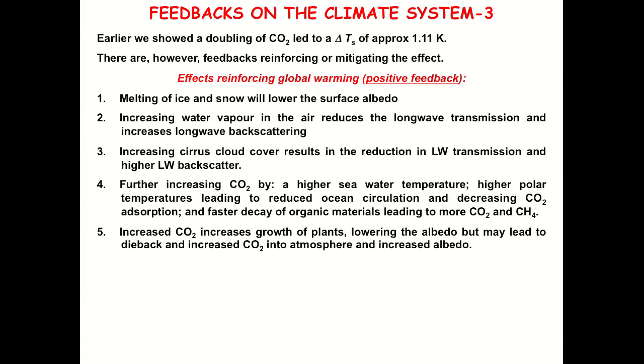Now, plants, of course, do thrive in higher CO2 environments, so if we increase CO2, that's going to increase the growth of plants. Increase the growth of plants, more forests, etc. That's going to effectively reduce the albedo, assuming we don't chop them down. But of course, more plants means generally more dieback in certain times of year, and that will lead to slightly more CO2 into the atmosphere and increase the albedo. So we'll get a much larger fluctuation across the seasons.